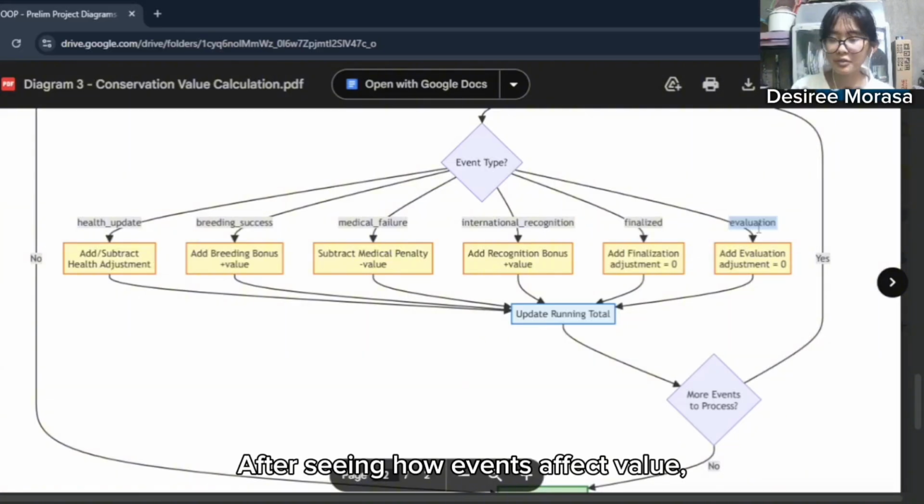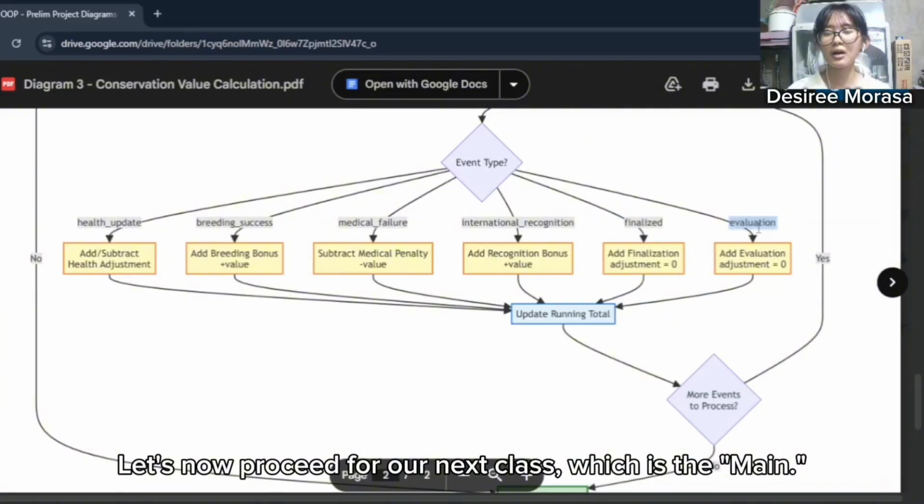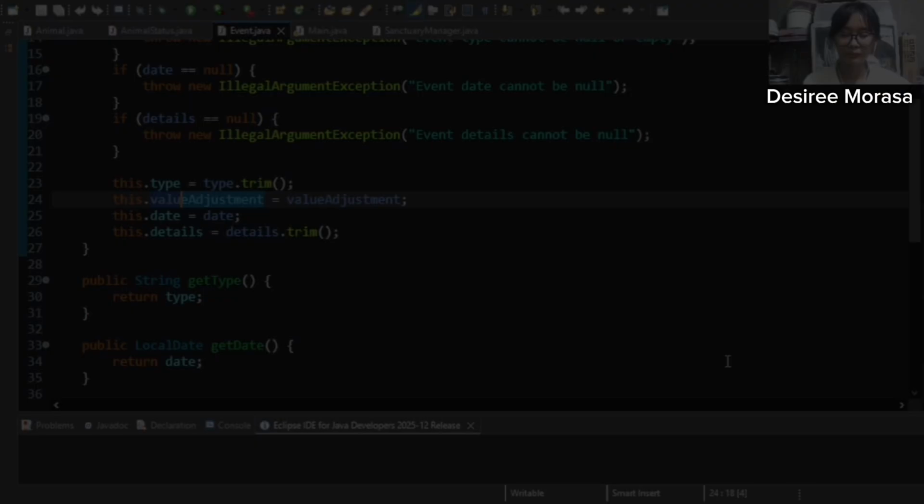And after seeing how events affect value, let's look at how users trigger changes in the system. Let's now proceed to our next class, which is the main.